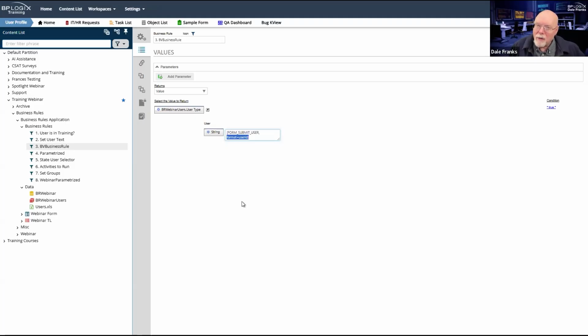It is problematic for logging in. So depending on how they log in, if I have a Windows user called Smith J, I can also have a built-in user called Smith J. And those are not the same users if I am using NTLM Windows single sign-on to log in to Process Director, or I'm using some sort of SAML system. I think probably most of you are using SAML rather than Windows directly.